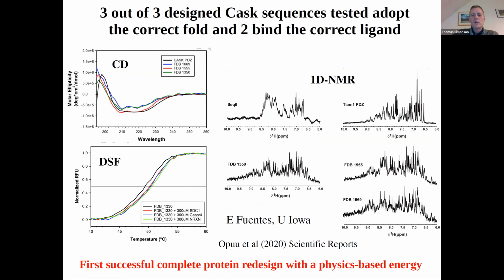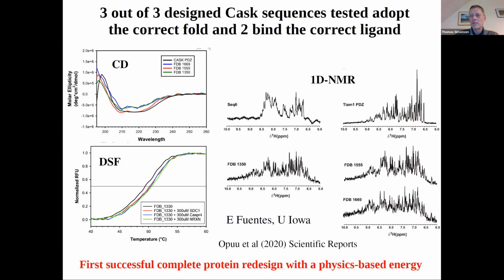Now, before going into a little bit of technical details, I just want to point out that with this energy function, we have been able to redesign completely a PDZ domain. We had a handful of designs that were tested, and in the latest batch of calculations with the best model, the three tested sequences did indeed fold.